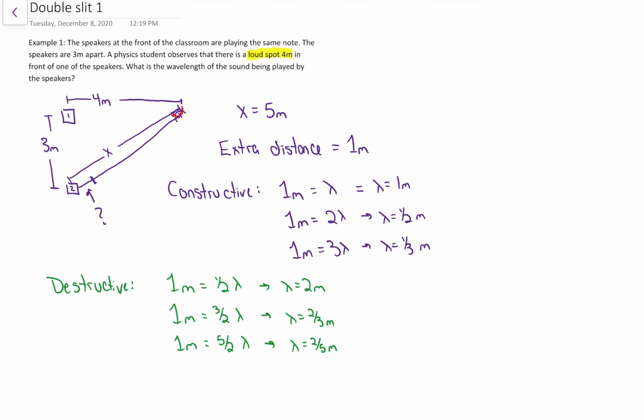So the key here that we'll pull forward when we're doing optics is to remind you that when there's two waves interfering, if one wave travels farther than the other, whether it's constructive or destructive interference depends on how much farther. When we do this subtraction or find that extra distance, if the extra distance is a multiple of lambda, that puts them in phase in constructive interference. If the extra distance is off by a half, that puts